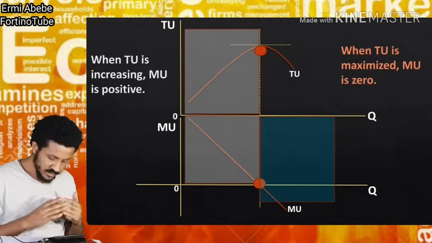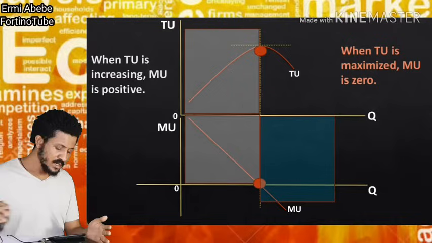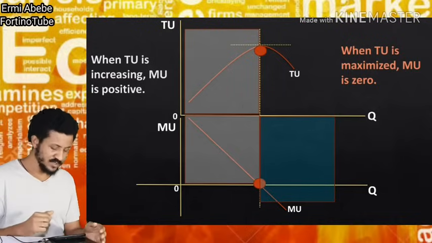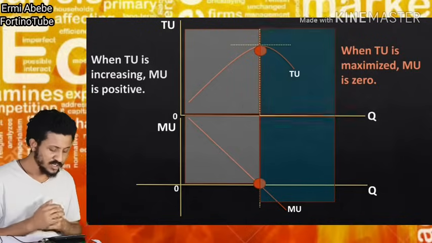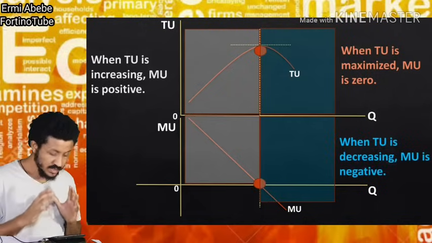Then finally we have seen the third case: when marginal utility is below 0, what happens to total utility? It has to be decreasing, because marginal utility is again the slope of total utility, so it has to be decreasing. So from this we understand